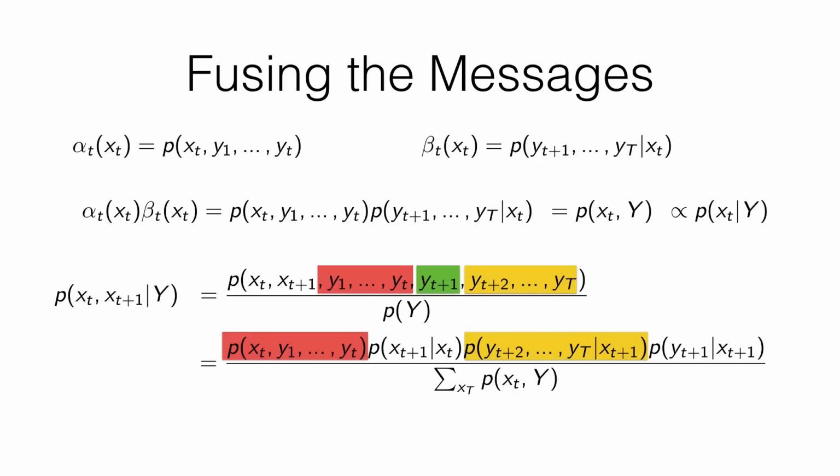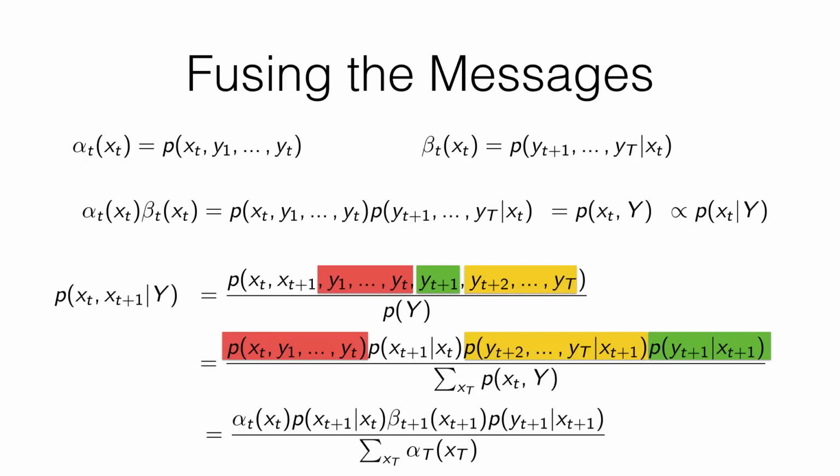And then the probability of the evidence from the actual next step, the t plus 1. And of course, the way that this broke down is very convenient because a lot of these terms are things that we've been thinking about already, and you can just translate it to alpha t, the transition probability, beta of t plus 1, and then the observation probability of t plus 1. And then that all gets normalized by, I guess it's a little weird, but the denominator is going to be p of y, and we can